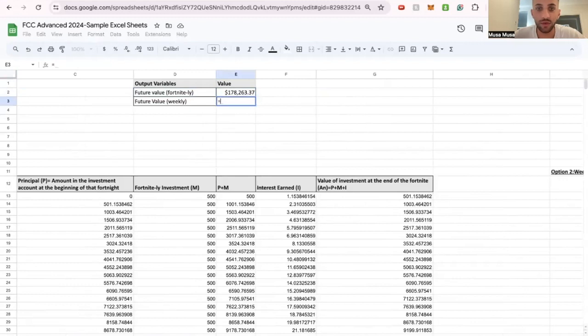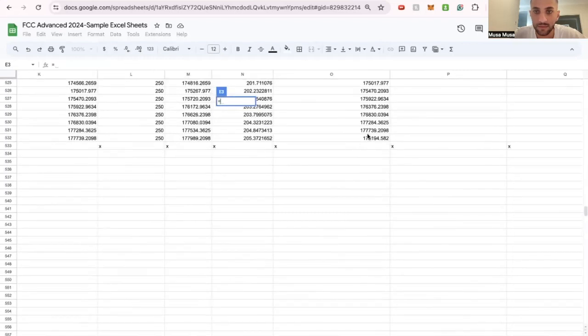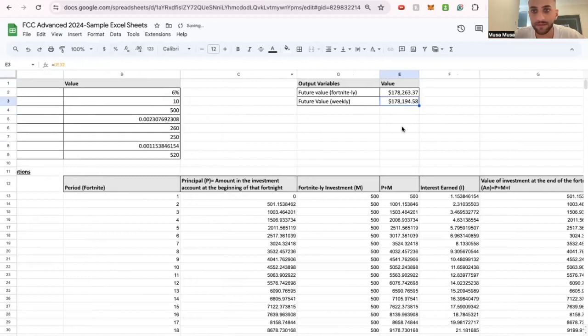Let's find the future value. So equals that number. Ah, you make more money fortnightly than you do weekly. Why? It's a pretty interesting result. It's a bit weird, to be honest. It's more of an "it depends" reasoning. So